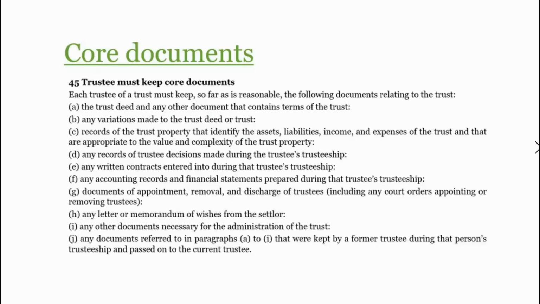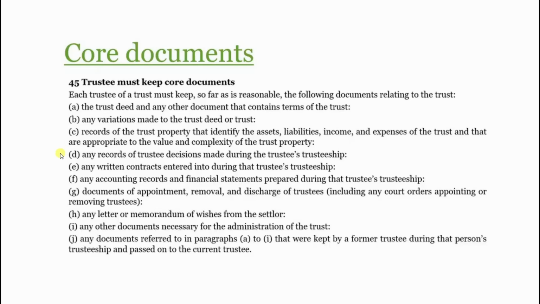So let's quickly have a look at the core documents required to be kept by a trustee. Each trustee of a trust must keep, so far as reasonable, the following documents relating to the trust. The trust deed and any other document that contains the terms of the trust. Very important to safeguard and keep a copy of the original trust deed. Any variations made to the trust or the deed of the trust, records of the trust property that identify the assets, liabilities, income and expenses of the trust, and that are appropriate to the value and complexity of the trust